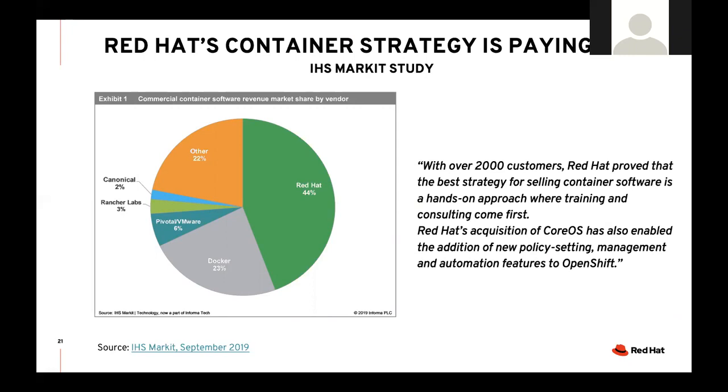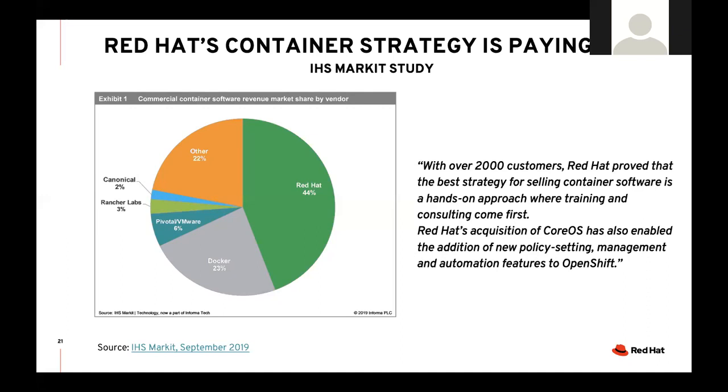So our strategy by leveraging containers and Kubernetes 5 years ago and building a lot of capabilities on top of Kubernetes to make it enterprise grade, to secure it, to fix all the bugs, to integrate it with Linux, to add more and more middleware stacks and languages and frameworks and enable developers on top. It really helped us achieve one of the world's leading market shares today. This is showing that Red Hat has 44% of the container market landscape 1 year ago, but today I expect this to be even higher. It can reach almost 50%, I expect.